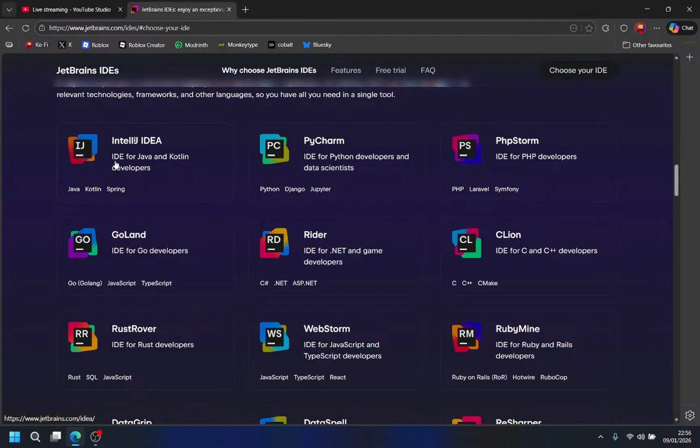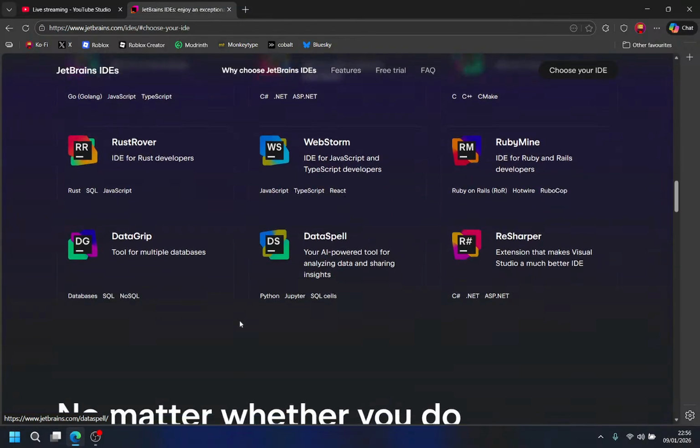IntelliJ IDEA, as I've told you, PyCharm, PhpStorm, Rider, GoLand, CLion, WebStorm, RustRover, RubyMine, DataGrip, this one I've seen ads for recently. DataSpell, your AI powered tool for analyzing data and sharing insight.